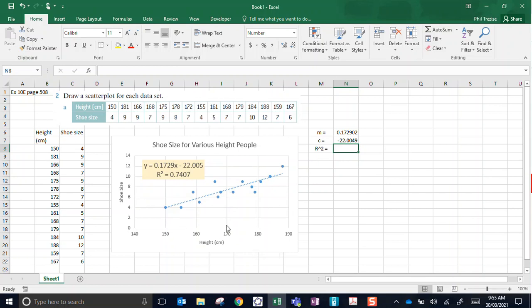The height of the person is an important factor. There's other factors which we haven't got available, but 0.74 is not bad. So that's a coefficient of determination. How do we determine that? Well, in Excel,